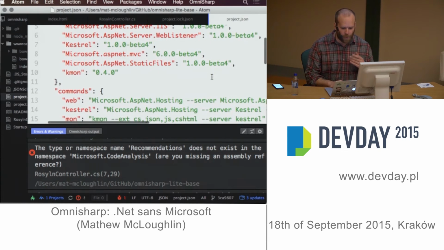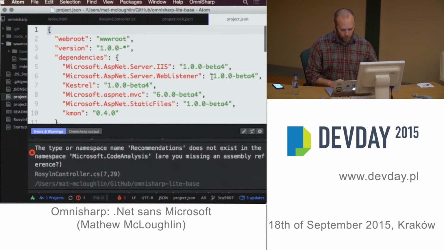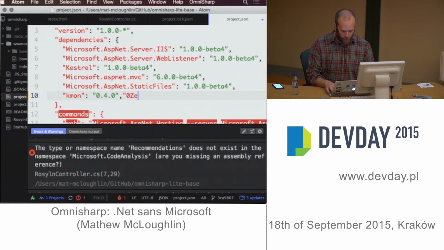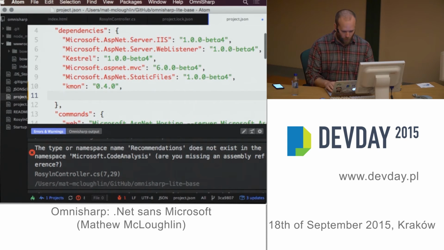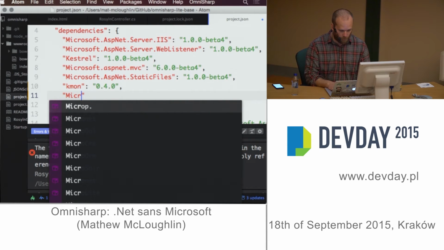So this is the project.json file that I was talking about. And you'll see it's got a number of dependencies already referenced, and we need to add a new one. We need to add a reference to Roslyn. The actual library is called Microsoft.CodeAnalysis. And we can do this just by adding it in here. Now you'll see it comes up instantly with some IntelliSense here. So we can keep on typing